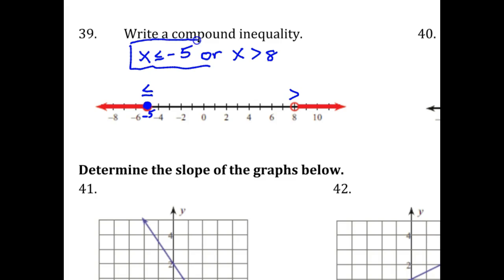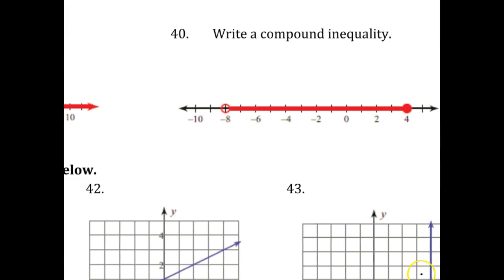Compound, remember, just means putting two inequalities into one. It's like two different inequalities on one graph. When they're connected, it's very similar to 38 above. So we have -8 here. It's going to be between these two numbers, right? So -8 is the small number, 4 is the big number. Open circle is less than, and